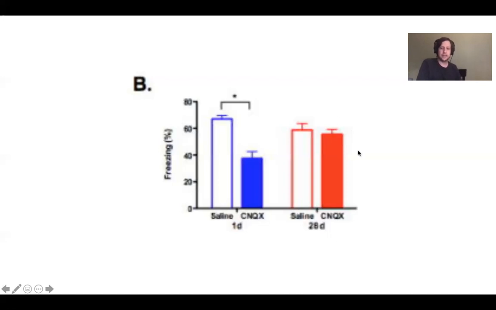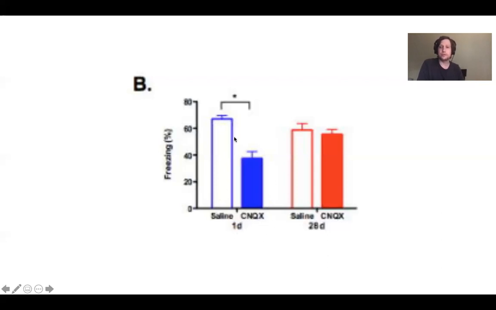What's interesting, though, is that if you look here in the CNQX condition, this is once again when they're injected with this chemical into their hippocampus, which impairs the hippocampus, it damages it, makes it so that you can't use it. You notice, though, that there's really not that significant of a detriment to their freezing behavior. They still freeze about the same amount as they did when they received saline. After day 1, there's a big drop off. They're really good with saline, but there's a big drop off when their hippocampus is removed. But on day 28, they're okay with saline, and they're about the same amount of okay, even when their hippocampus is damaged.